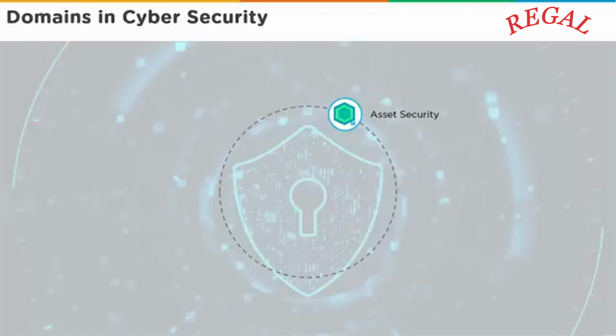And all these devices have their own operating systems, they have their own functionality, and it is important that we look at the security of each and every asset that the organization owns. Security architecture and engineering. Not everyone can just walk into an organization and say, let's start implementing security in a particular manner. We have to standardize the security in such a way that it is constant for a long period of time and is consistent.